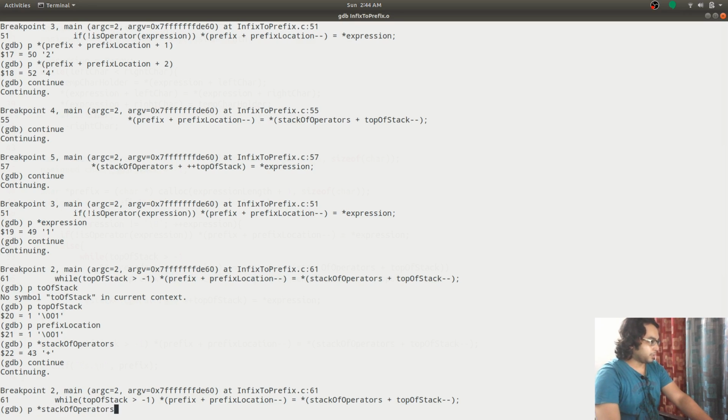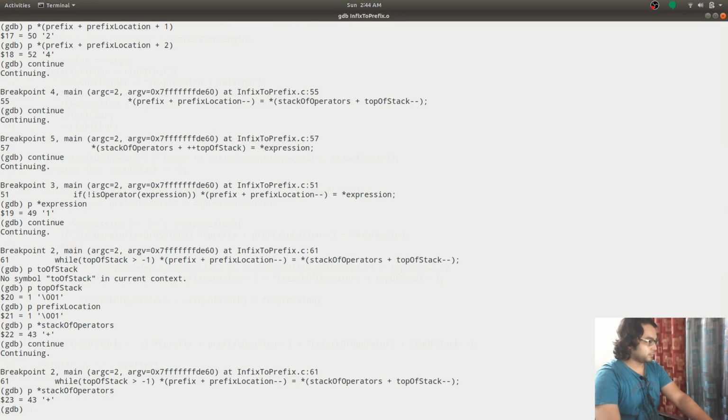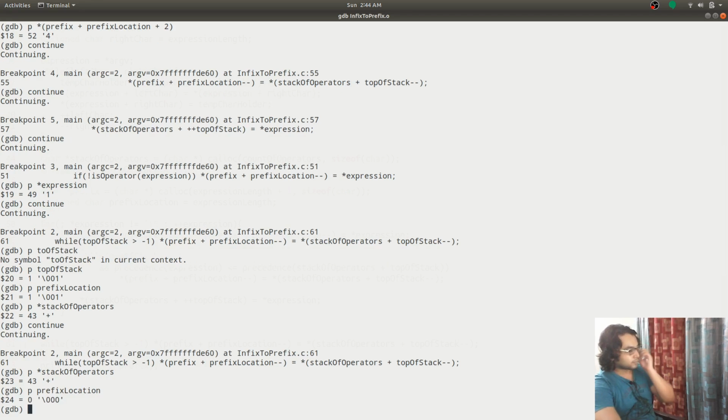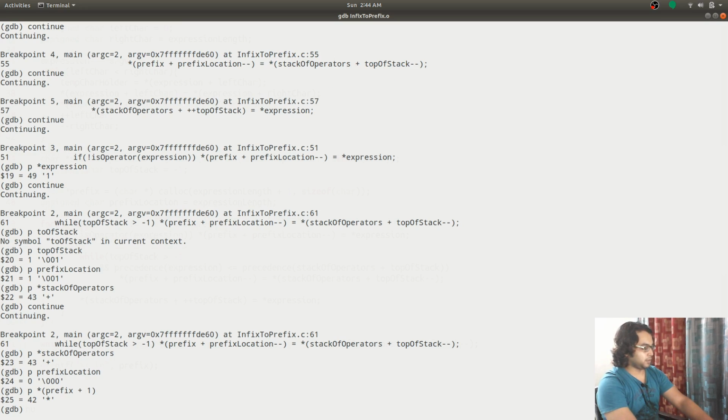Now again print the value. Now division is gone, it is at 0. So I'm going to say print it. It has a star inside it.